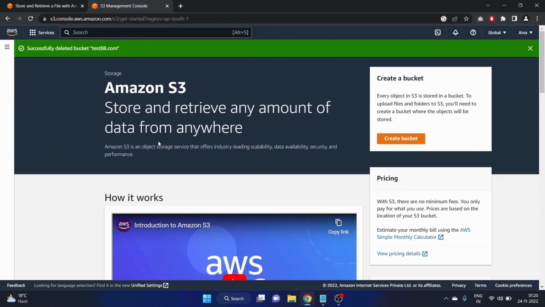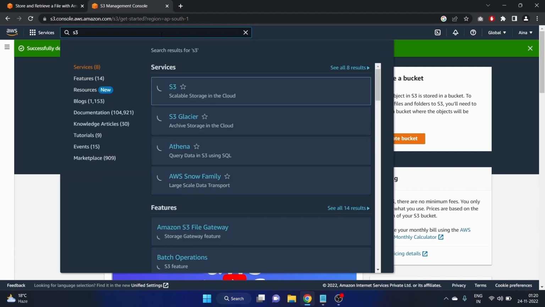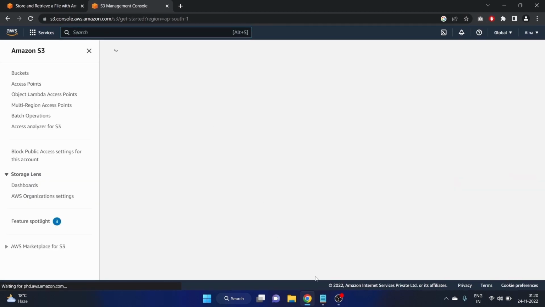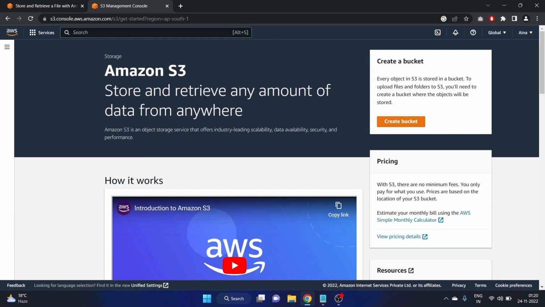So I have already logged in to my AWS account, as you guys can see here, and you just have to search S3 in the search bar and you will see this service. S3 is here. Click on that. Store and retrieve any amount of data from anywhere. So let's create the bucket. You just have to click on this create bucket button